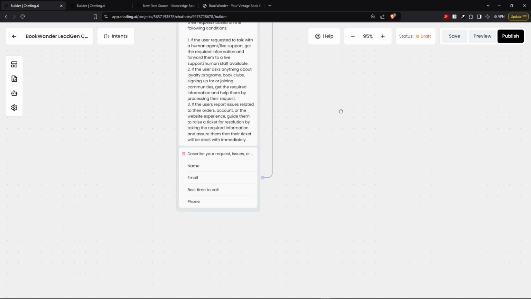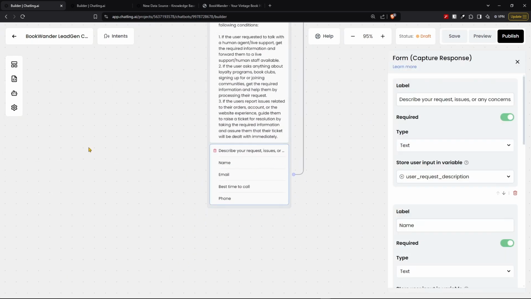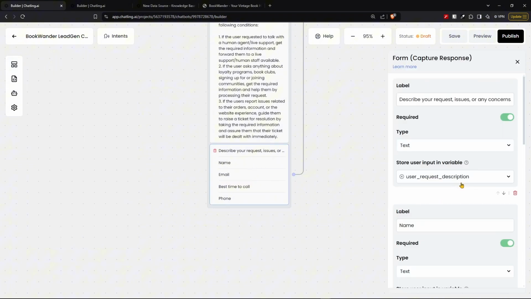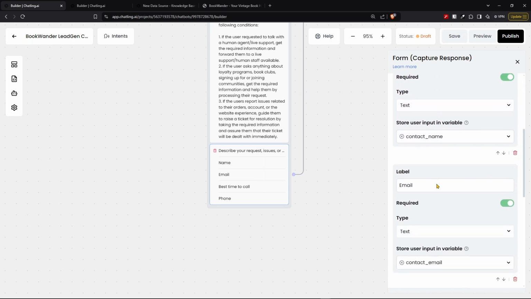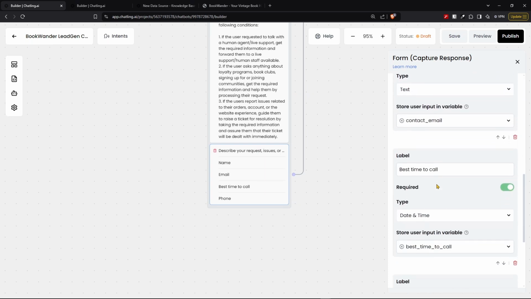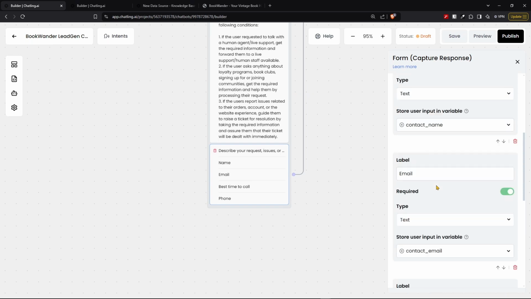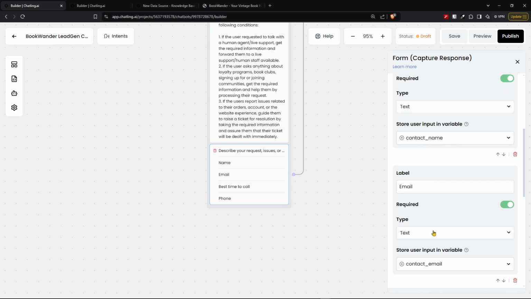Now, we then add a form response block. This is where we configure each of the capture response items we need to collect as part of our lead gen process and customer support process. Here, we will get the name, email, best time to call, and the phone number of our users and save